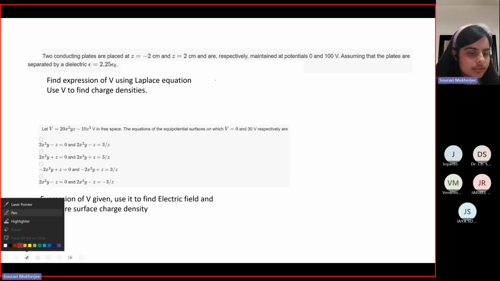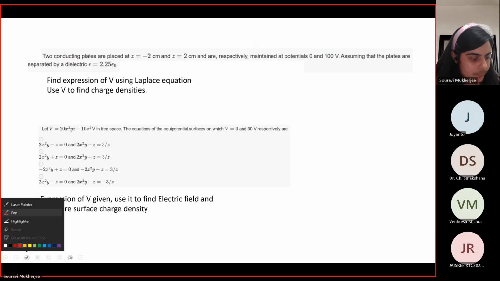Is it clear? Del square V by del z square equal to 0 means del V by del z is equal to some constant a, which means V is equal to az plus b. Is it clear? We differentiate with respect to z only,